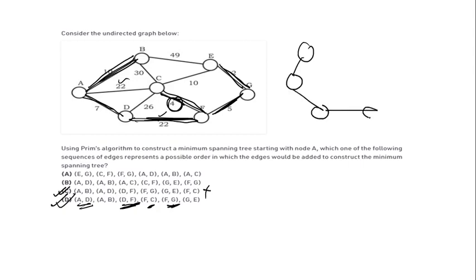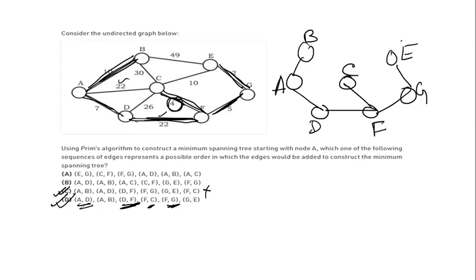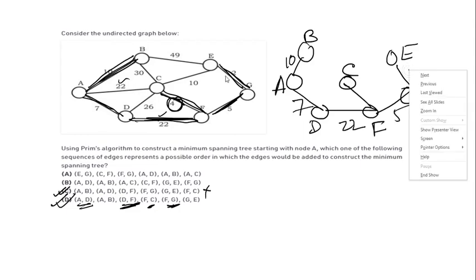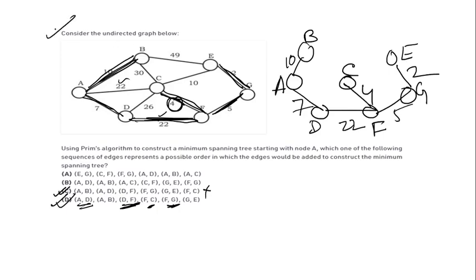So this is the situation we have. All vertices have been visited. If you see here, this is B, this is A, this is D, this is C, and then this is F, and then this is G, and this is E. So all vertices have been visited. So this is 10, this is 7, this is 22, this is 5, this is I think 2, I guess. What is that? 2. So this is 2, and then this is 4. Nicely solved, students. The GATE problem has been cracked.